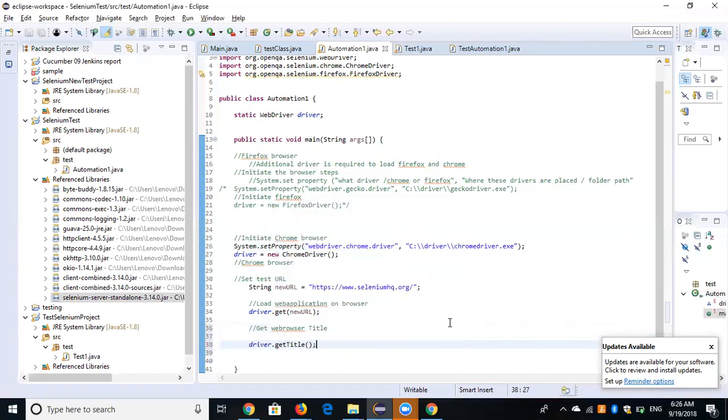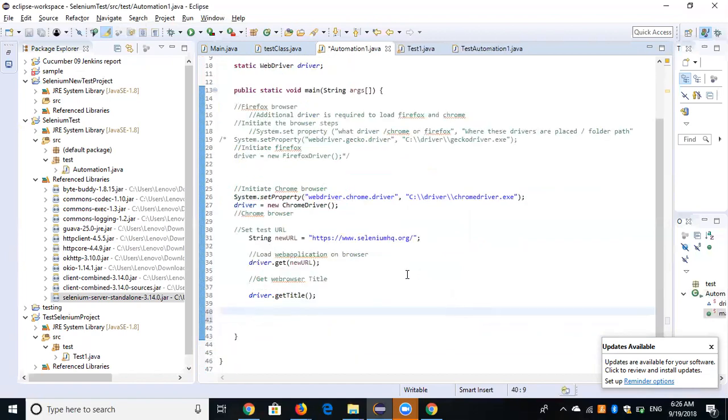I'll say driver dot get title. And how do you know the title is loaded, right? So we'll try to store that title. Okay, so what we need to do is create a string value web browser title,